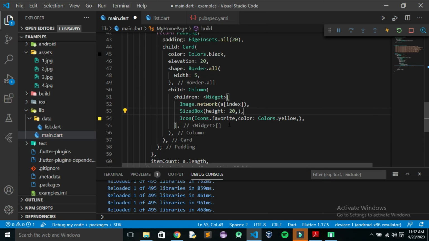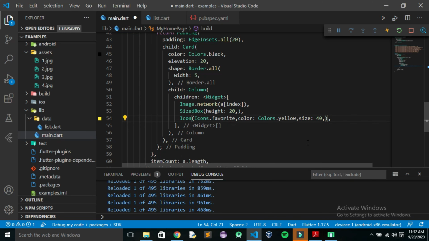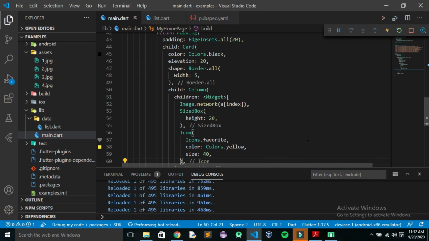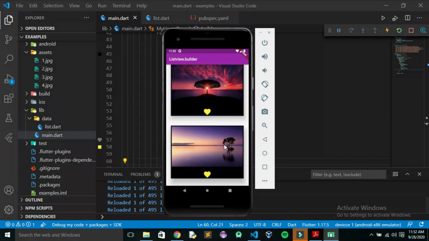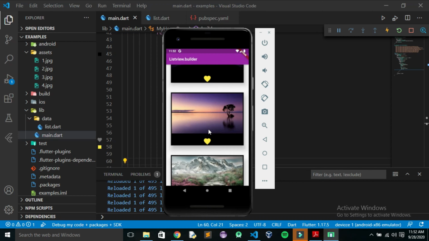And along with it, I want to increase the size of this icon as well, and let me provide it as maybe 40. So this looks much better.